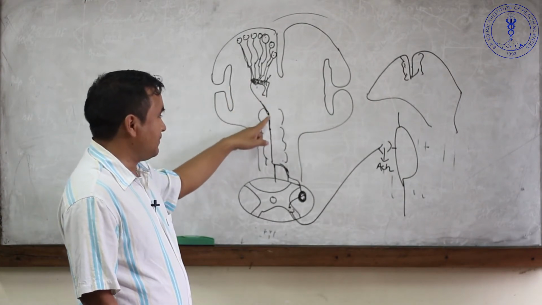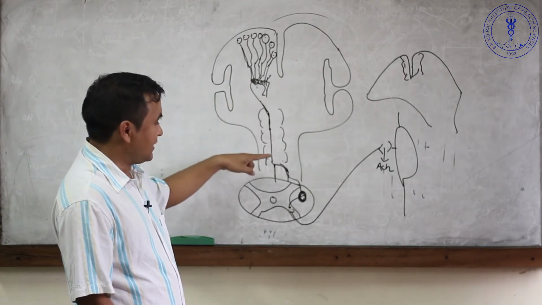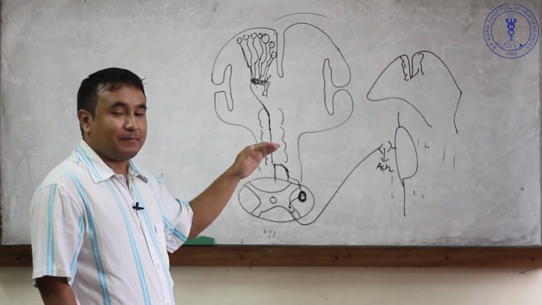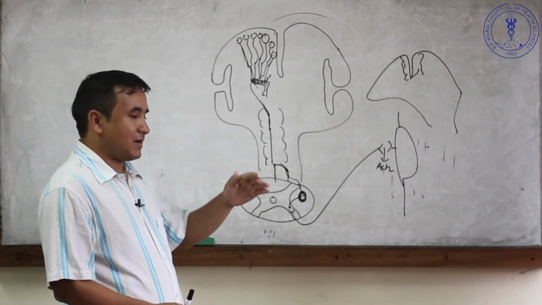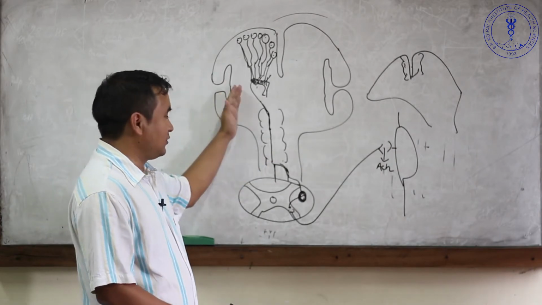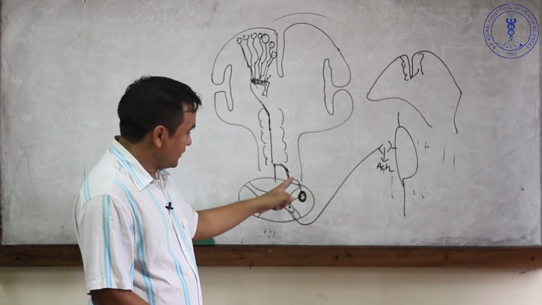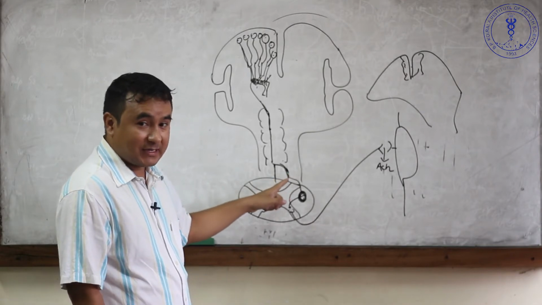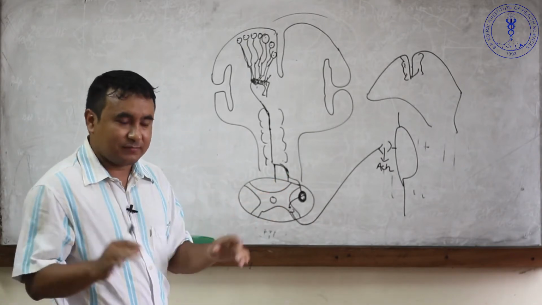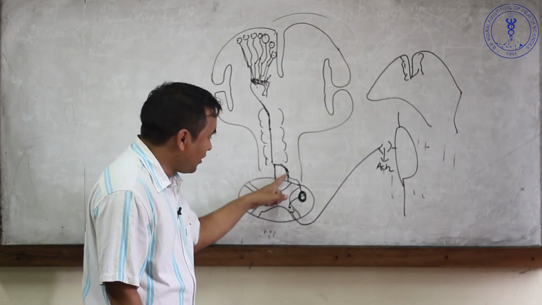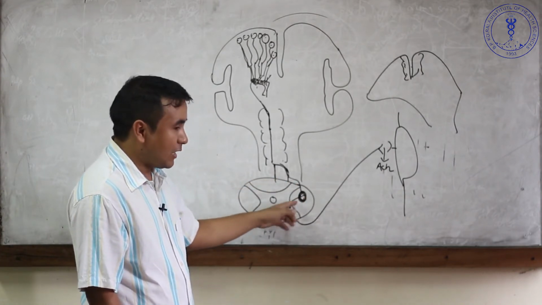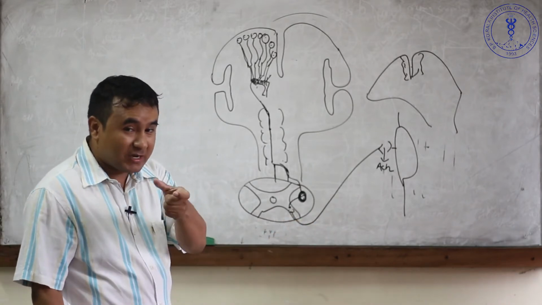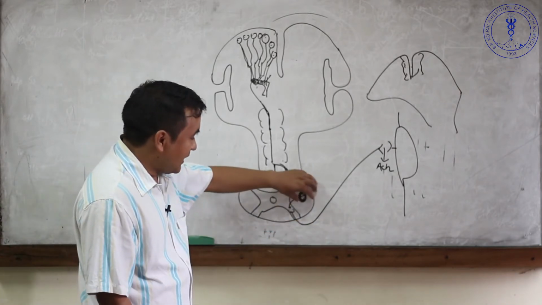Then the brainstem: midbrain, pons, and the medulla oblongata. At the level of the medulla oblongata, there is the crossing, meaning that the fibers coming from the right side will cross to the left side. At the medulla oblongata, near about 80 to 90% of the fibers cross, and from that level, at the level of the spinal cord, it runs through the outer part of the spinal cord, making the white matter, and from there